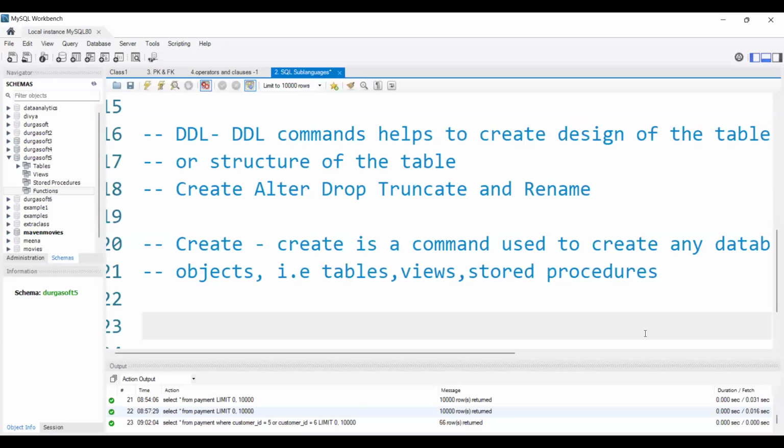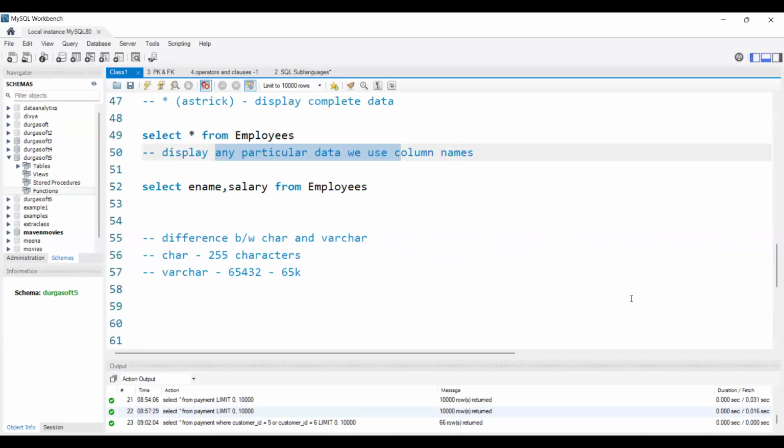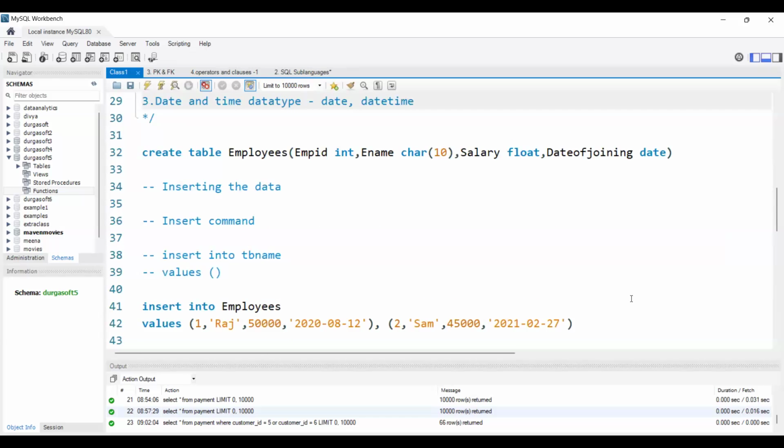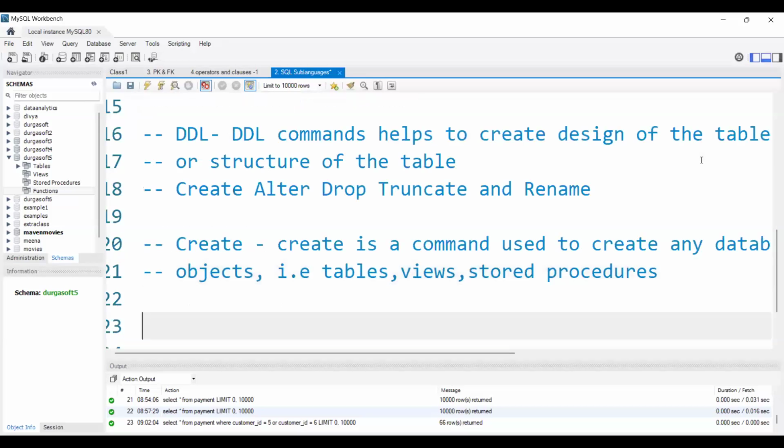But for now, as we are dealing with tables, whatever database objects we want to create, we will use the create command only. Yesterday we already saw how to use the create command to create the table, and this will be the syntax. I'm just copying this syntax, but I won't explain everything because I already explained it.